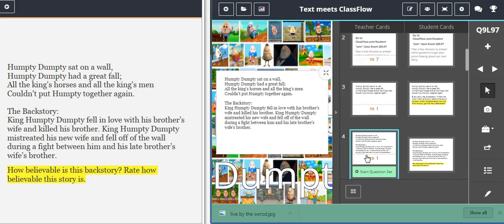So this next card gives you what I believe the backstory to Humpty Dumpty is. King Humpty fell in love with his brother's wife and killed his brother. King Humpty Dumpty mistreated his new wife and fell off of the wall during a fight between him and his late brother's wife's brother. So I put a crazy twist in it, and I'm going to ask the class,